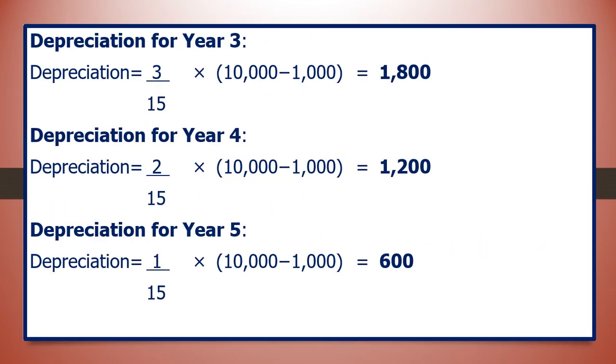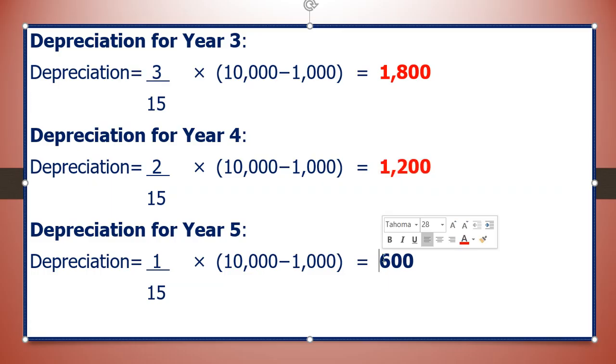Then in year 3, you do the same. In year 3, only 3 years are remaining. The useful life of the asset remaining amounts to 3 years. You get 3 divided by 15 times cost minus salvage. So you can see as you go ahead computing depreciation, it keeps reducing,